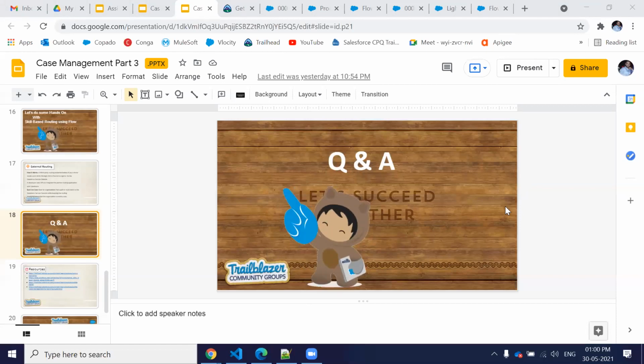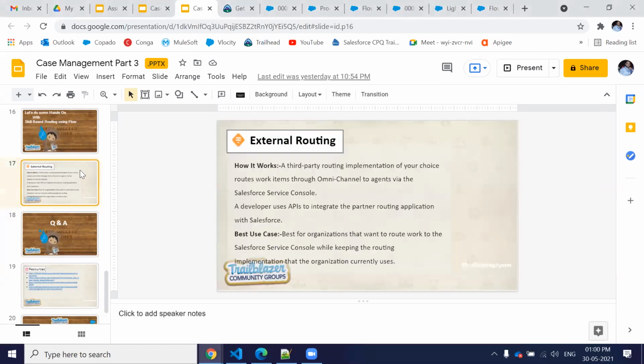Can you put some highlights on external routing, in which case it is getting used? Okay, suppose your organization already has a routing configuration inside some other system. They are not using Salesforce right now.